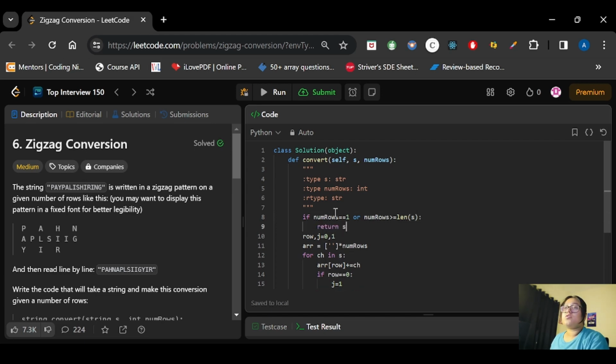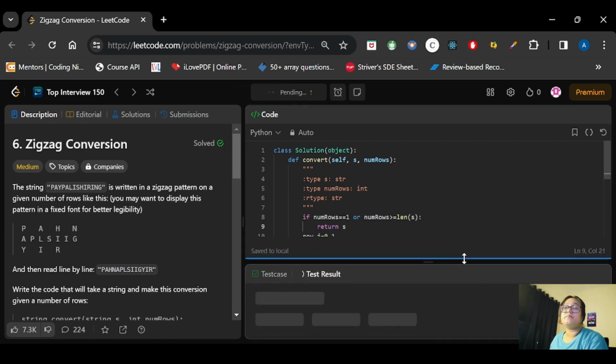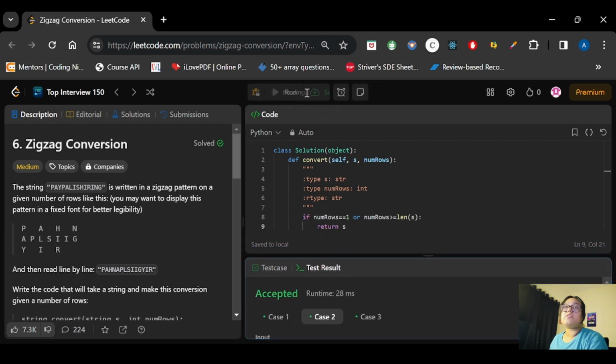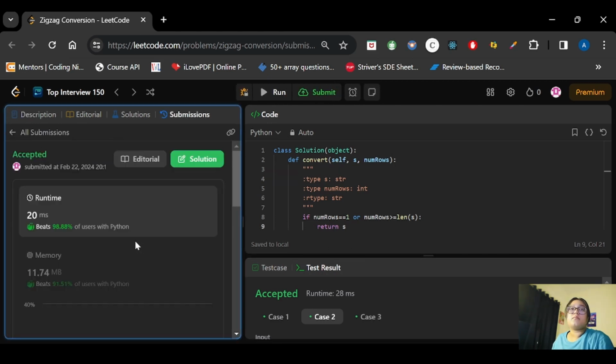Okay, so now let's try to run this again. Let's try to submit it. So this code has been accepted.